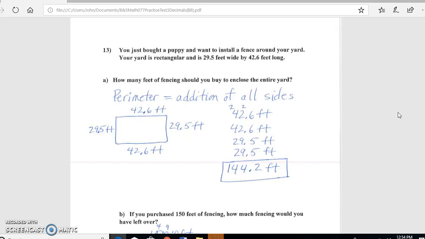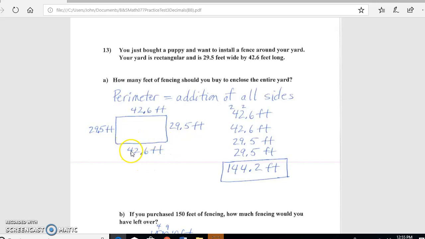Letter A, how many feet of fencing should you buy to enclose the entire yard? We need to find the perimeter, which is the addition of all the sides of the rectangle. Now, the rectangle has two sets of sides that are parallel to one another, such as what I've drawn here, and we're told that the yard is 29 5/10 feet wide, which is what we have on this side, and with a rectangle, the opposite side would be the same length. And the other side is 42 6/10 feet long, which is what I've shown here,